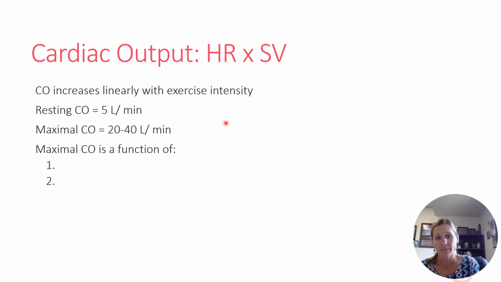And the reason for that, maximal cardiac output is a function of number one, body size, and number two, endurance training. Okay, so again, the more highly trained someone is from an endurance perspective, the greater their cardiac output. And again, those will generally be products of blood volume and stroke volume changes. And again, we'll talk more about the chronic effects of exercise in our next lecture. But again, those are the two factors that will determine what your max cardiac output is.